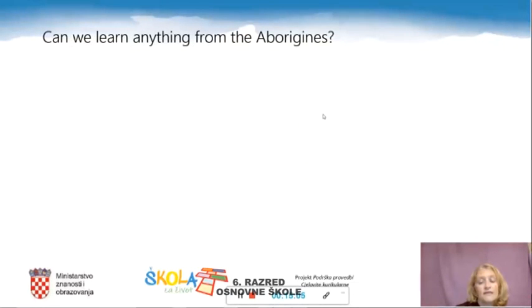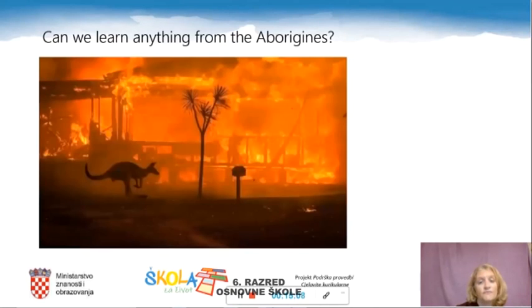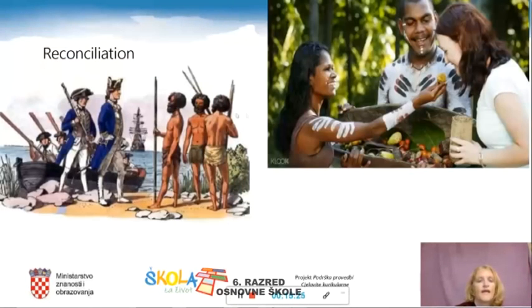Do you think that we can learn something from them too? Remember the fires in Australia last year? I think we can learn a lot about land and about how it is very important and sacred to people, right? And in the beginning, when white people came to Australia in 1770, they were not very good friends with Aborigines. But today, they understand each other, and if they understand each other, they respect each other. So they live in peace. And we should learn about each other a lot.